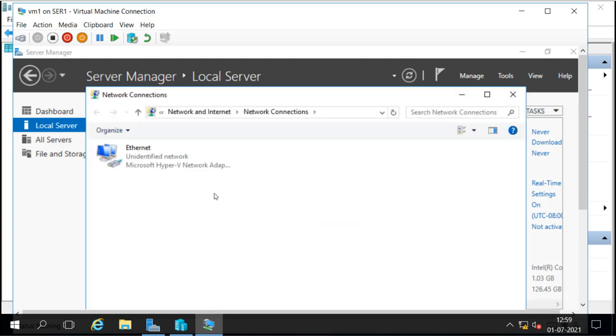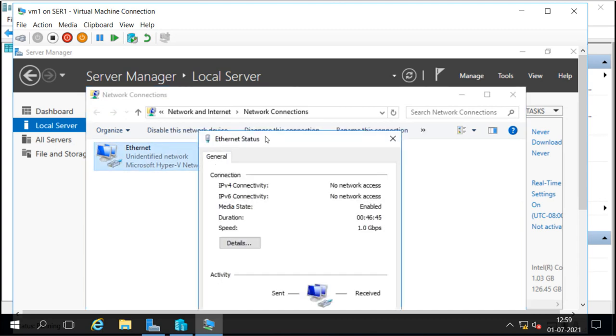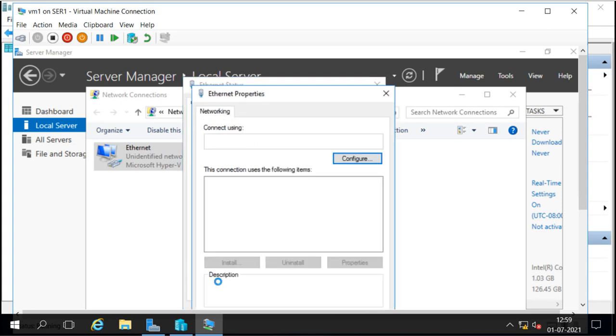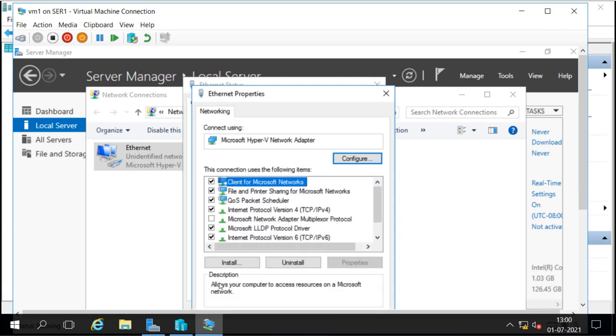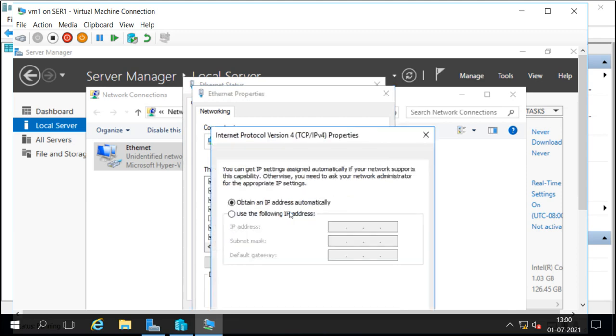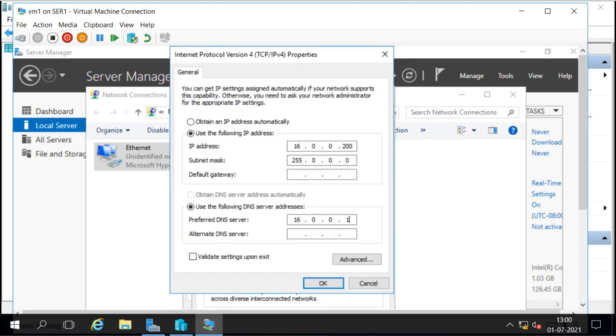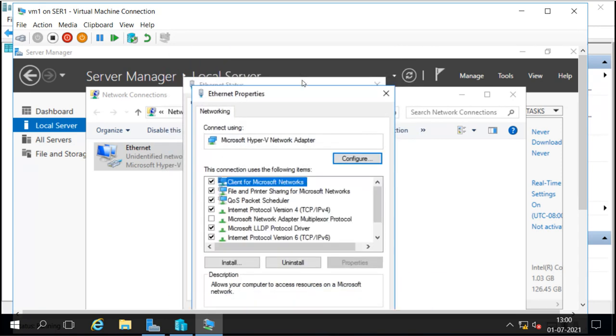I don't have an application, so I will just configure the IP address here.